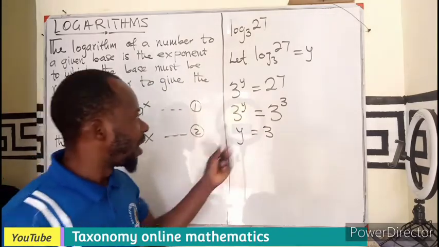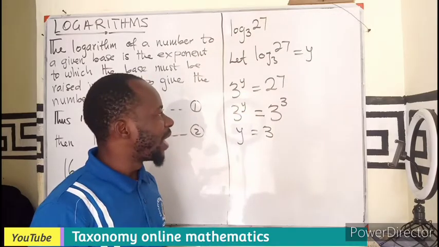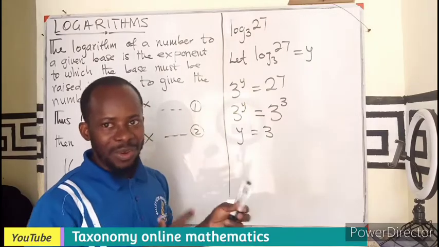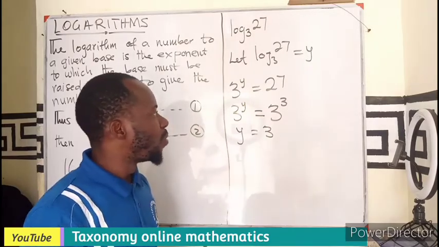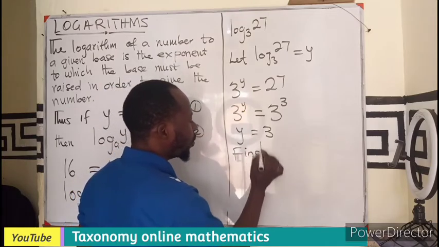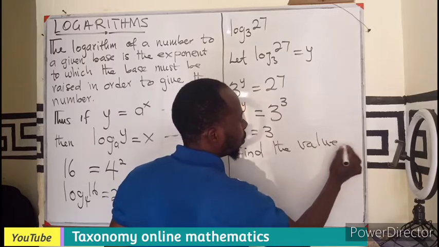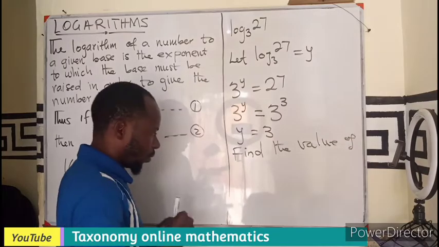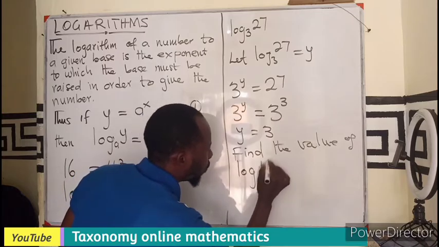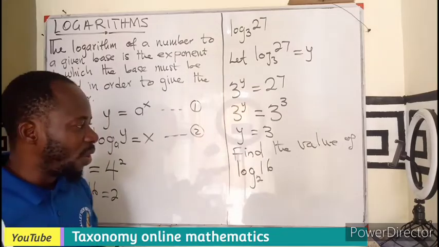It is by chance that we are having so many 3s in this question. But let's see if we can take another question that may not necessarily have the 3 or the bases being multiplied. So we can say find the value of